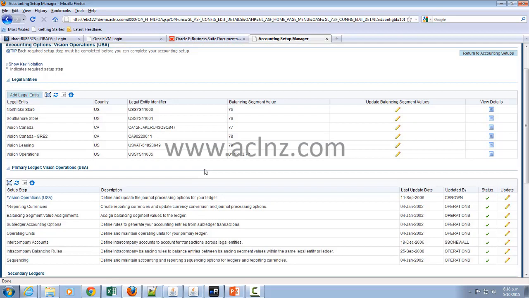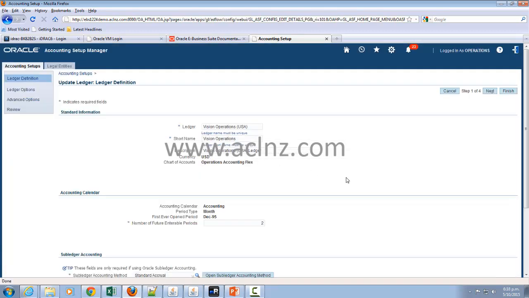Okay, and here is more information on the ledger. If you want to update this ledger, you can go here and update it. There are a number of associated setups for the ledger, which you can see over here. If you want to update this, you can click on that update pencil icon and go into it, and here you have